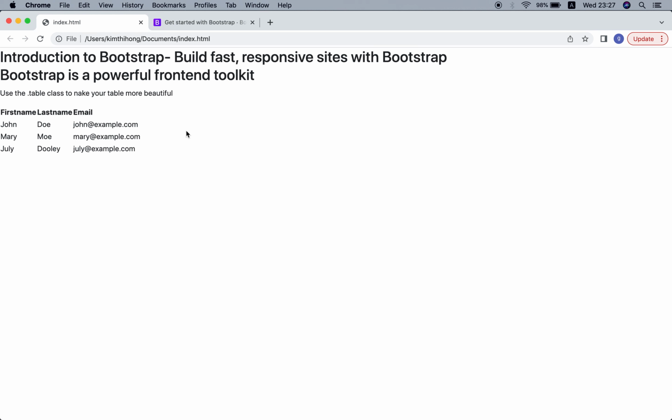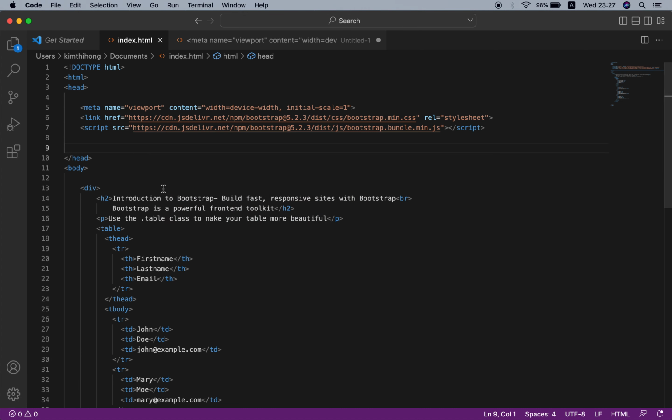Now our purpose is to make the table more beautiful. So with Bootstrap, it's very fast. Just add a class. Use the table class. Just one line. Add class table.